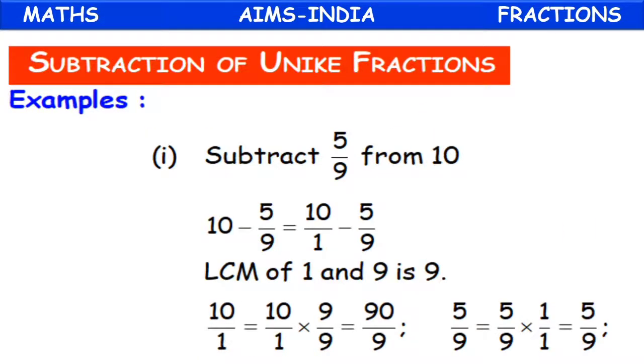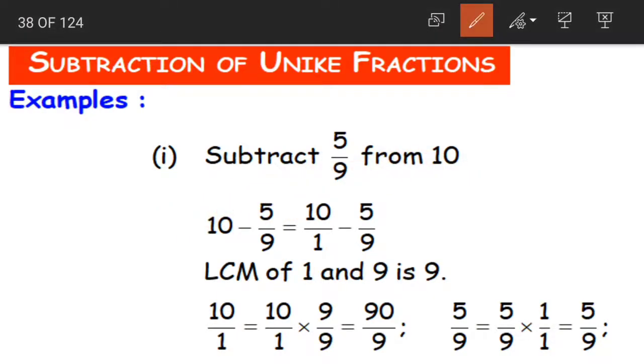Okay. Next, coming to subtraction of unlike fractions. Subtract 5 by 9 from 10. Okay children, now 10 means, always remember when you are given a number 10, it is nothing but 10 divided by 1. 10 is a whole number which has no denominator, right? So when such a whole number is given, we assume that its denominator is 1. See, if I divide 10 by 1, I have 10 ones are 10, and when I subtract, 0 is my remainder. Yes, we'll get 10 as the quotient.